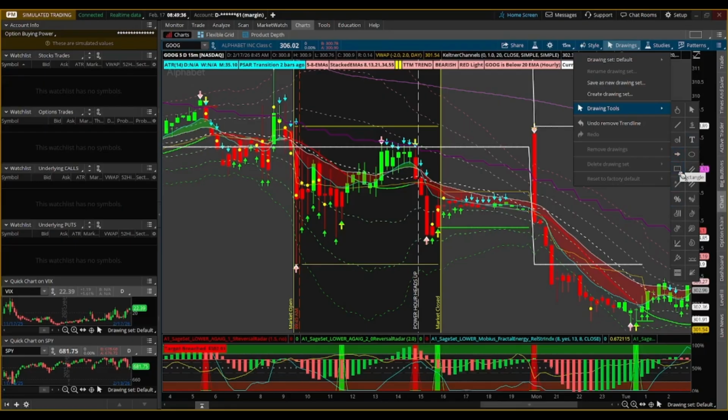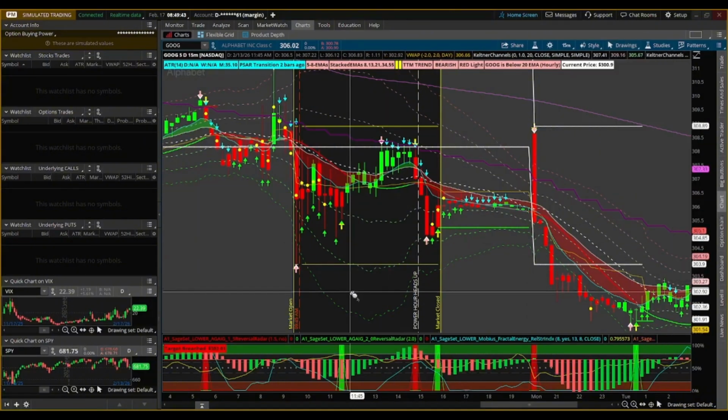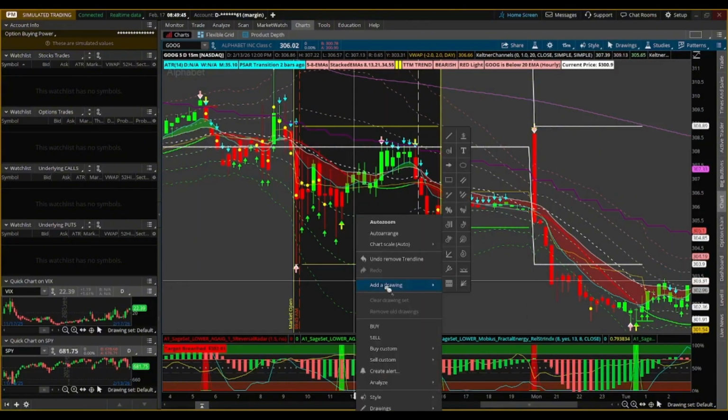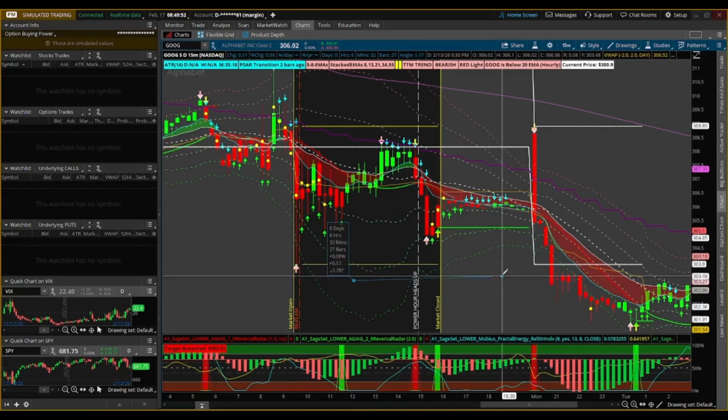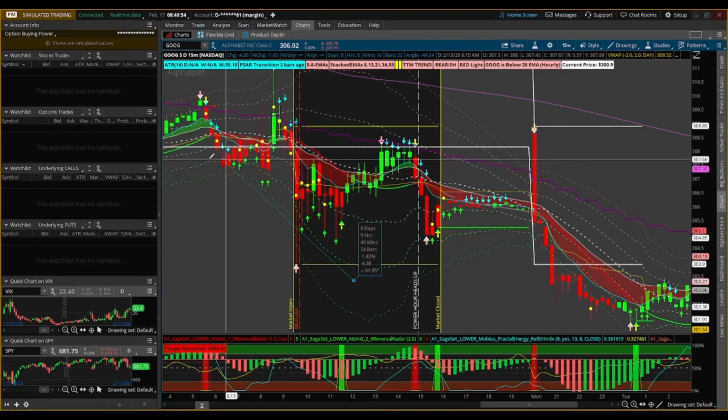If you select a tool from this menu, that tool stays active for all your actions until you change it. To use a drawing tool just once without locking yourself into it, right-click your chart at the location where you want to start your drawing, go to Add a Drawing, and select what you want. The drawing will be placed at the point where you right-clicked.